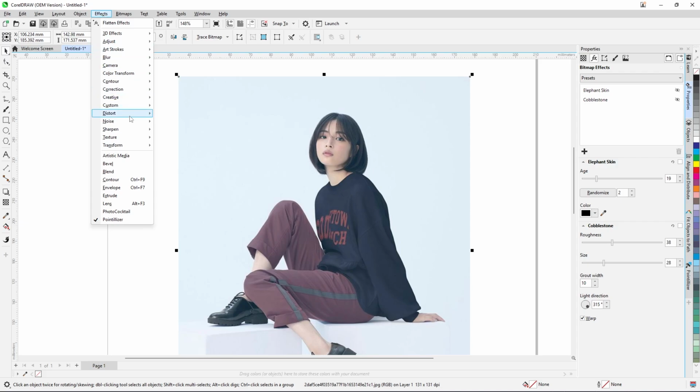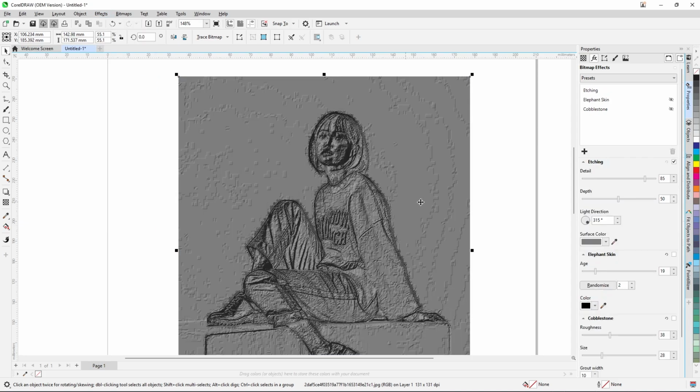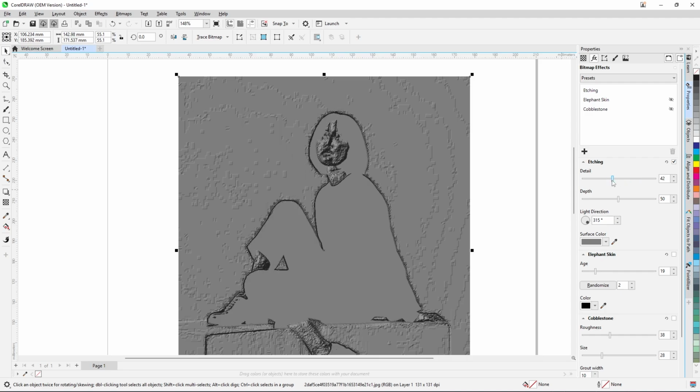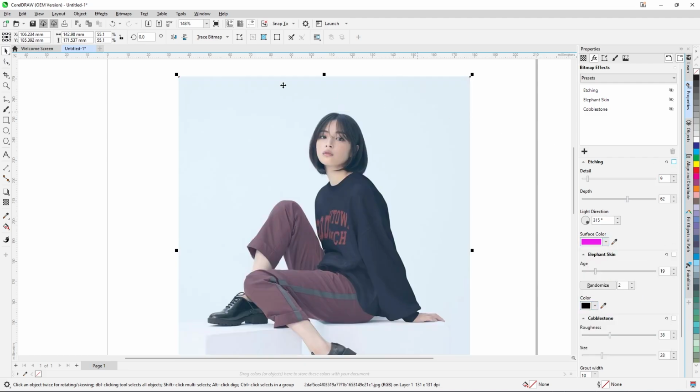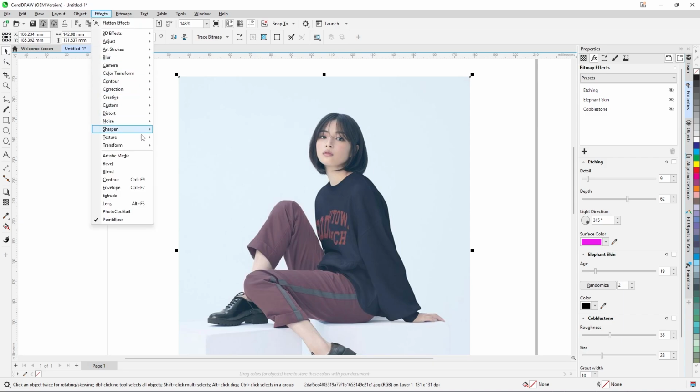and from effects, texture, etching style. So it is kind of etching style, and detailing. If you want, you can add the detail. Otherwise, you can leave this as it is. You can add the depth also, and change the color also if you want. Right? You can uncheck this one, and from effects again, texture,